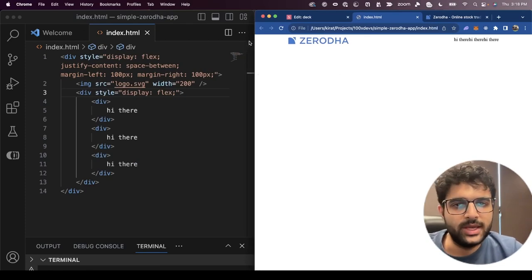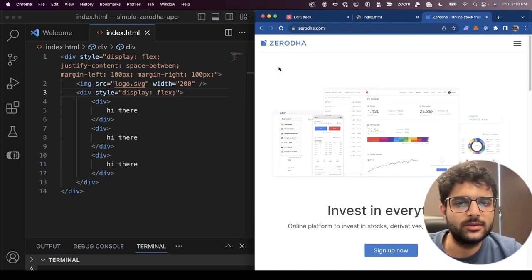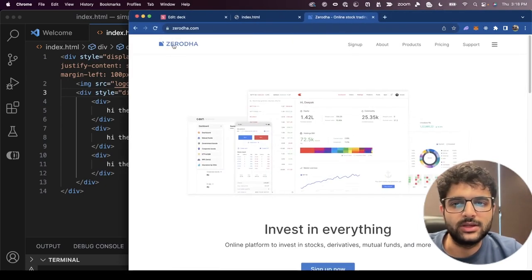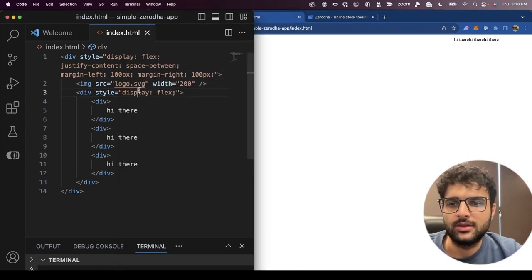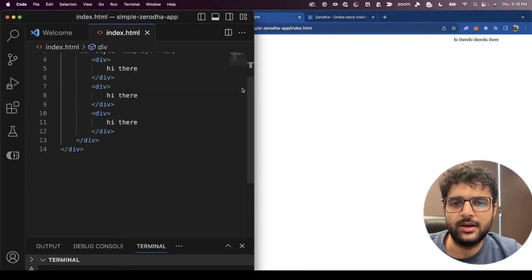First thing I'm going to do is make sure the top bar is complete. What does the top bar look like? Zerodha on the left. Let's make this bigger. Zerodha on the left, bunch of buttons on the right, some padding here, and some shadow in the middle. The first thing I'll do is add some padding on the top, padding on the bottom. So let me do that here. The parent div,